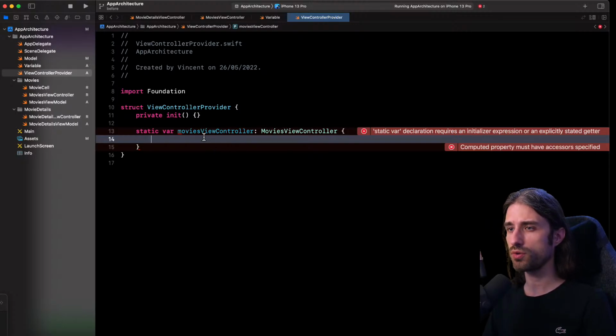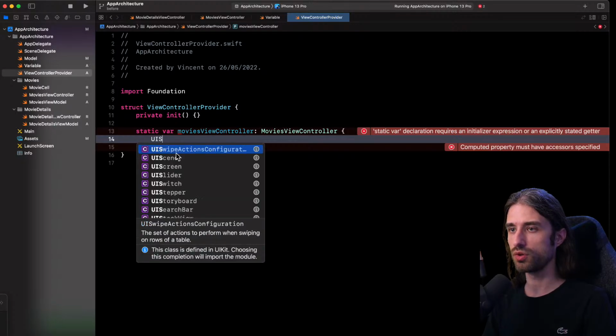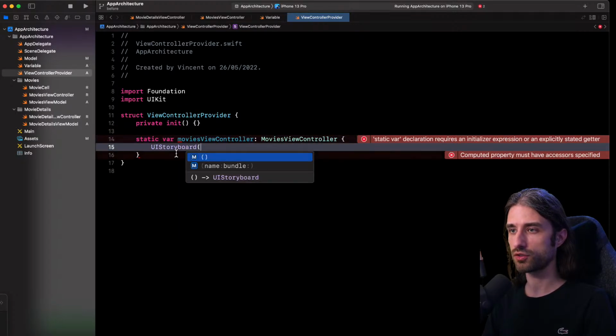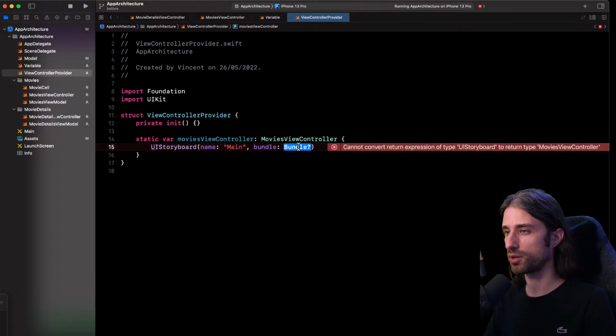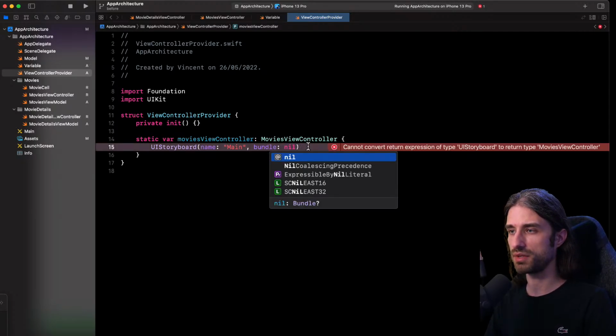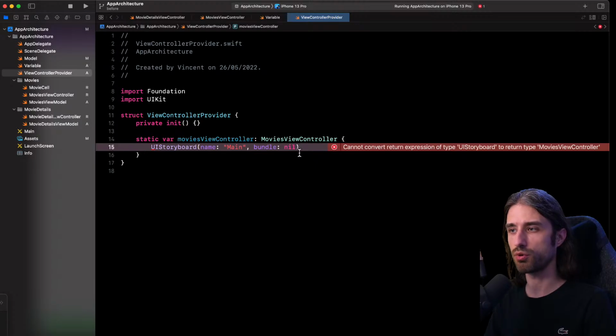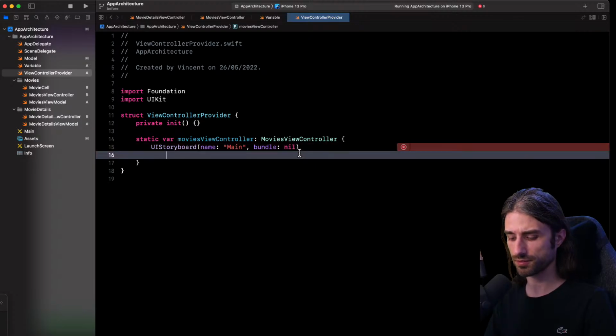But first, how can I create an instance of MoviesViewController at runtime? Everything in my view controller is defined in a storyboard, so I'm going to have to use it. So I'm going to instantiate a UIStoryboard. The name will be Main because, as you can see, that's the name of the storyboard where the view controller is defined. The bundle will be nil because it's in the main bundle, so I don't need to provide a specific bundle.